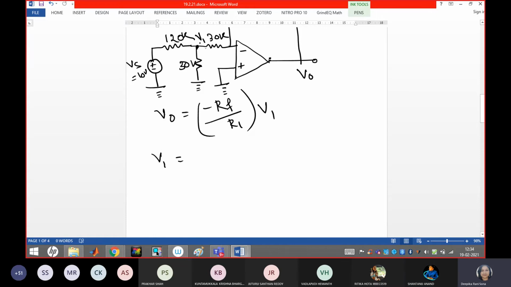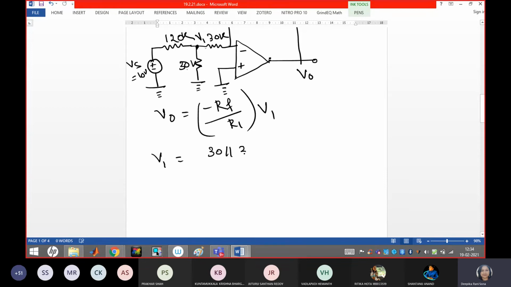How do we solve this, guys? Because V1 is the input for your op-amp and this belongs to the inverting configuration. But even though this V1 is input for this, the remaining part is a voltage divider part, no? And now if you see the circuit, 30 kilo ohm is parallel to this 30 kilo ohm, no? So how do we solve this? Vs, a source voltage, is here. We have to solve this part, but these two branches are parallel to each other. So how do we write the equation here?